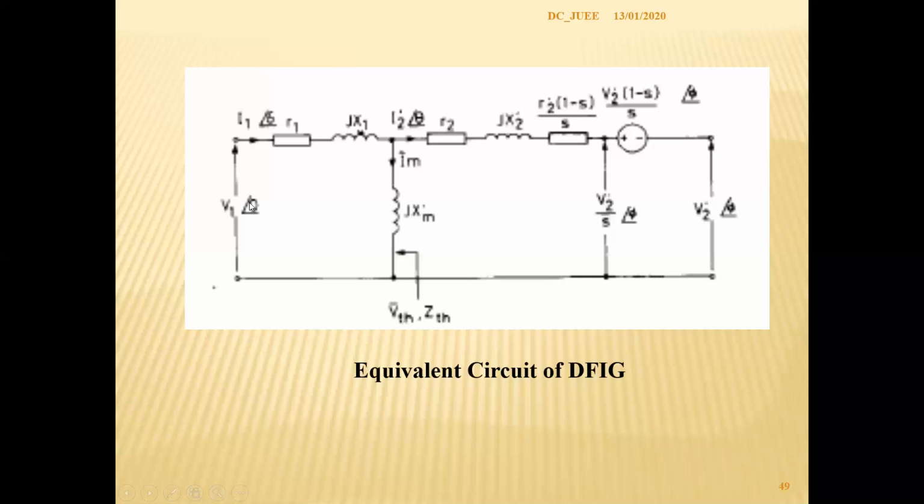That means you have a variation of around 900 RPM. Both subsynchronous and supersynchronous operation is possible for generation, so a wide speed range is possible. This is the beauty of the system, and that is the reason these days all generators are operated like DFIGs, doubly fed induction generators. These doubly fed induction generators can operate at a speed less than synchronous speed, known as the subsynchronous region, and then the super synchronous region, right?